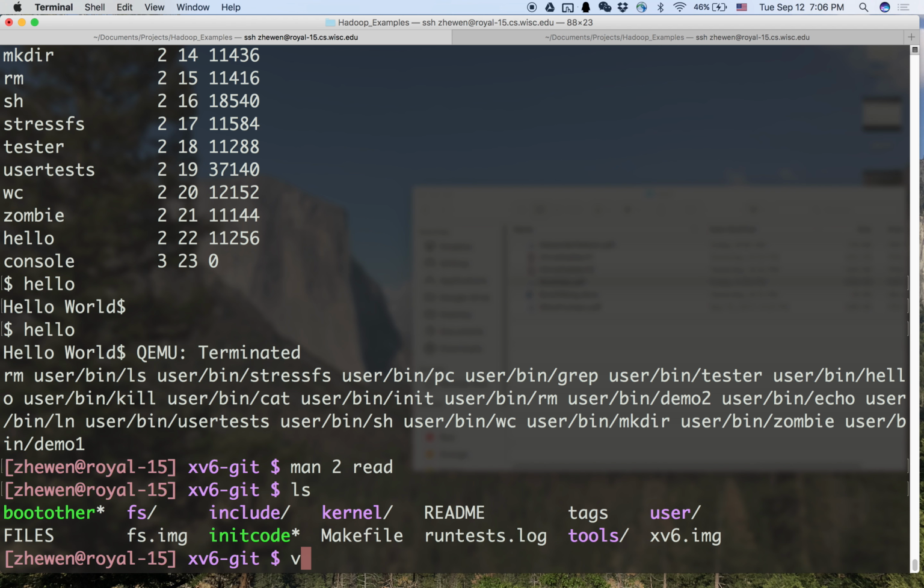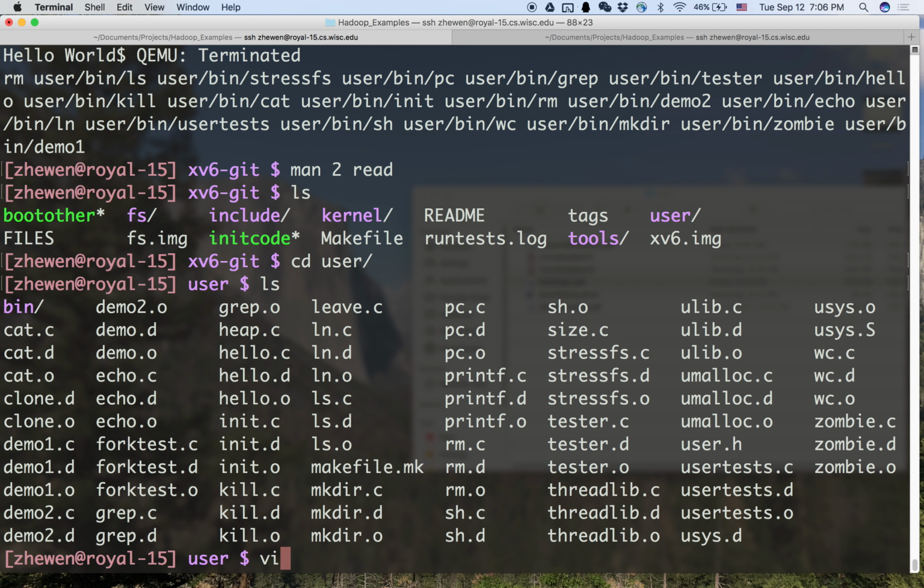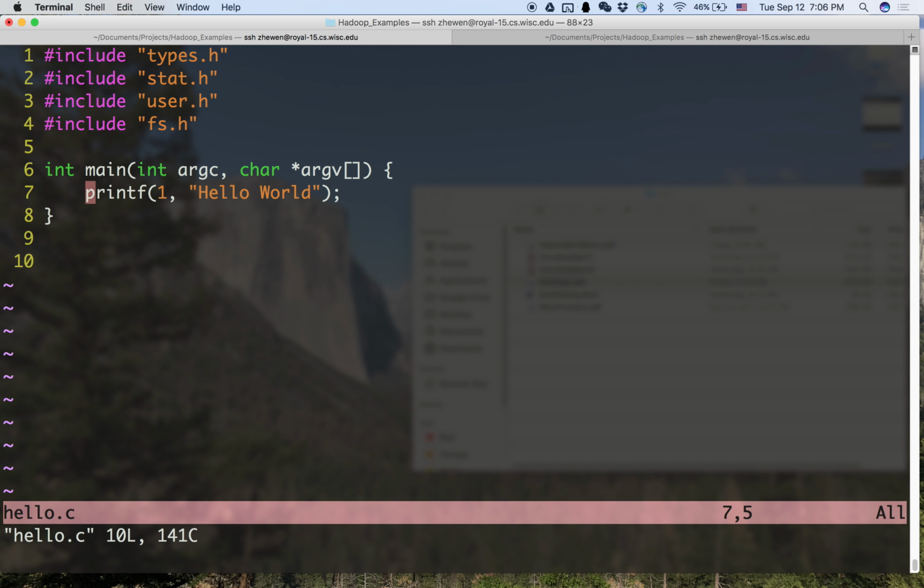So let's again go to the user and just add it to the hello. Now let's just try to call get PID here. So get PID is a function that takes no argument here, and it's a system call, and we can call it from the user. So the idea is again,